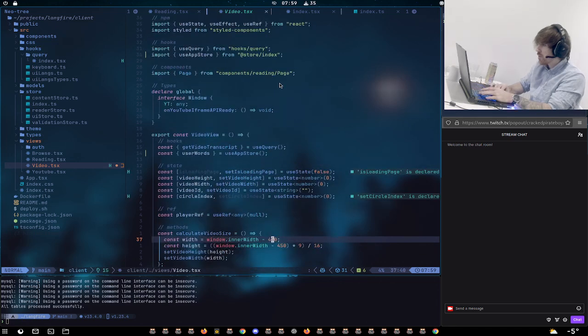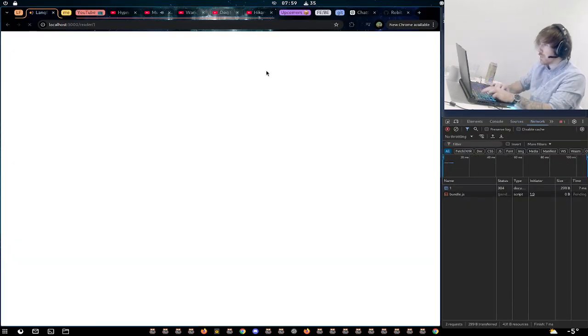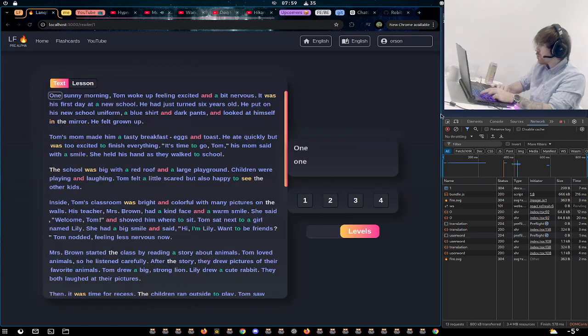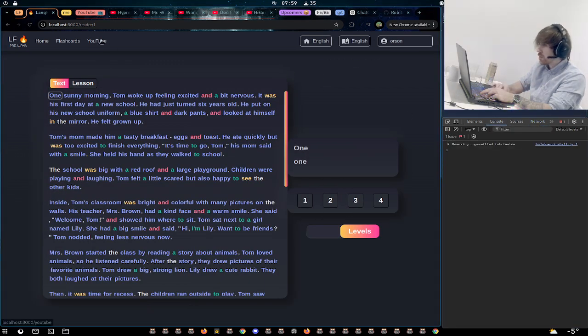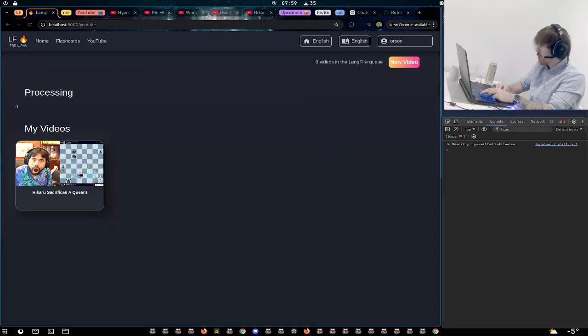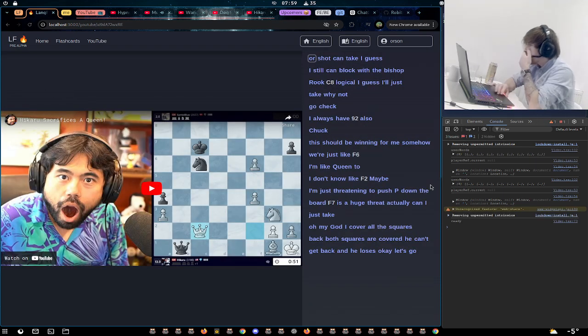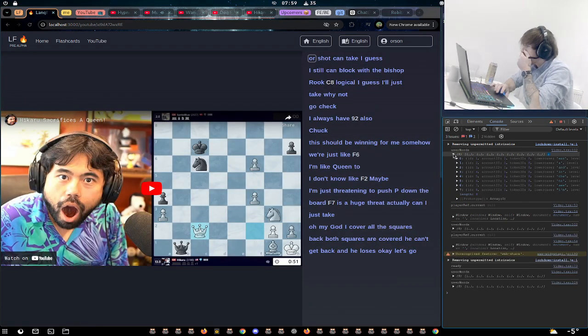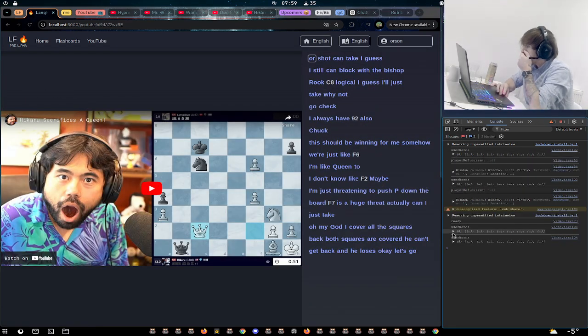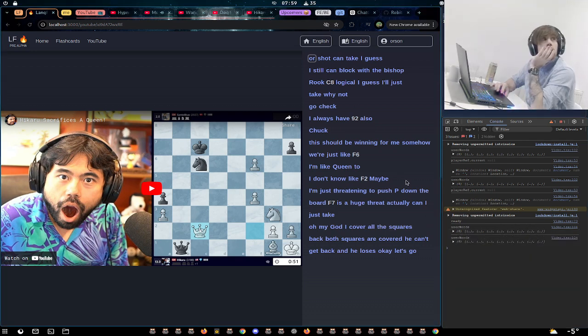Oh, it's imported it automatically for some reason with an @ and I don't think it has that. So to the console. Yeah, so it wasn't cleared. It just wasn't applied.